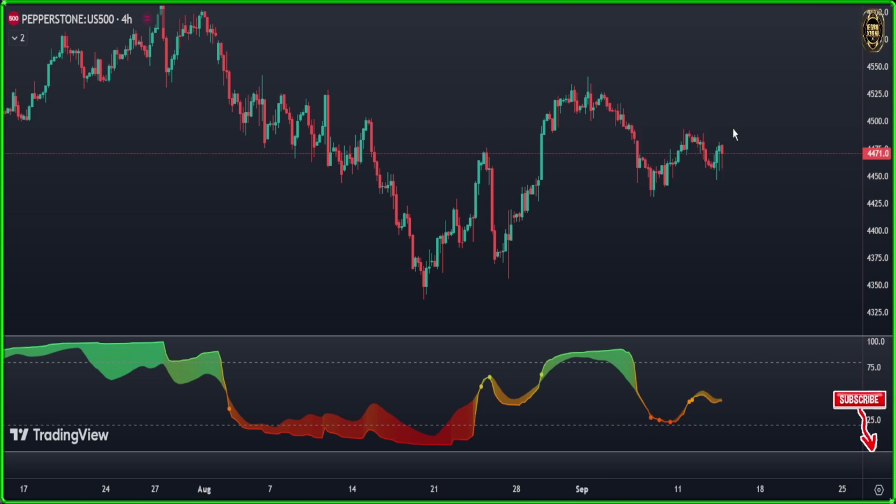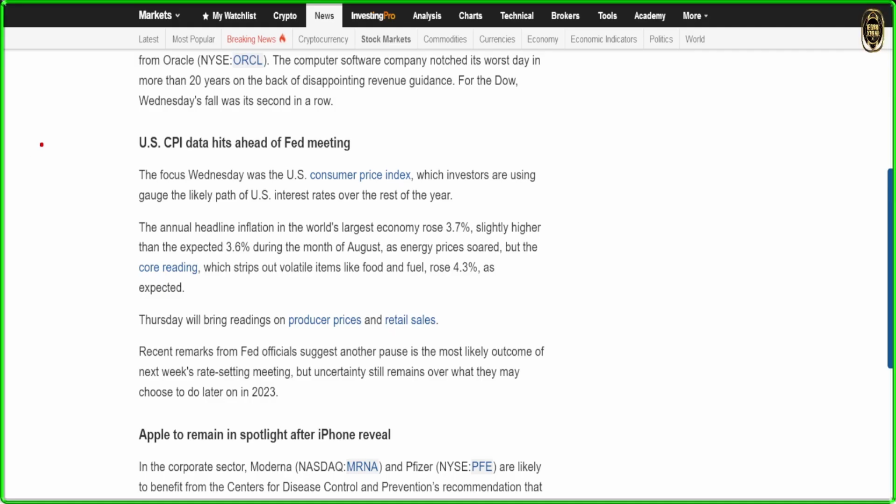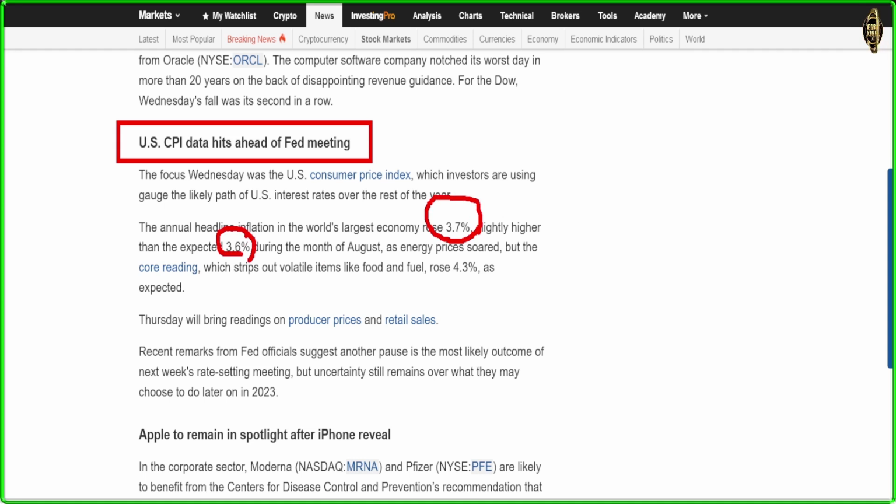Now let's see the news of today and why the market moved like that. As you see, guys, this article is telling us why the market moved like that and stayed sideways here. The first one is the CPI of the USA, which hit ahead of the Fed meeting, because the Fed meeting is going to come that week. That's why the CPI data came, and it came very bad. It came at 3.7, when it was forecasted to come at 3.6, and that's very bad news. That means in the Fed meeting they are going to vote all of them to increase interest rates more, and that's very bad.